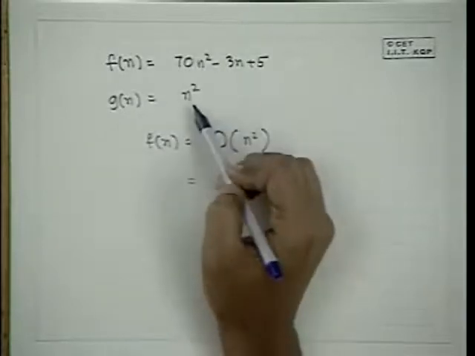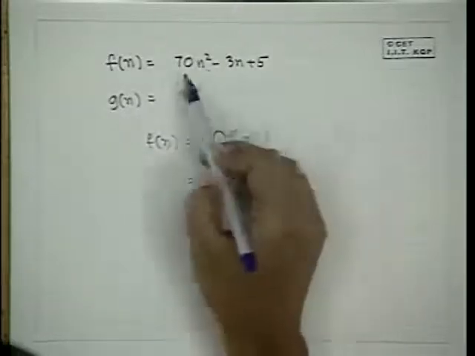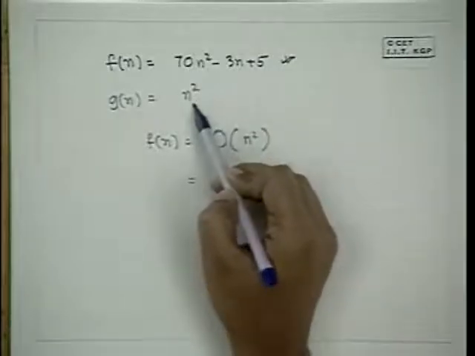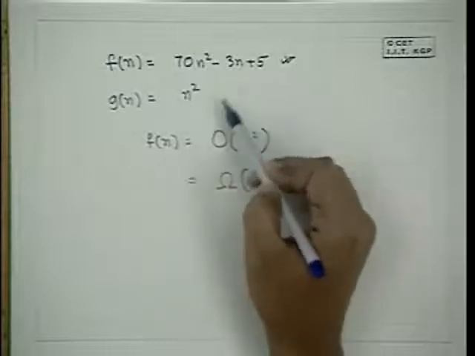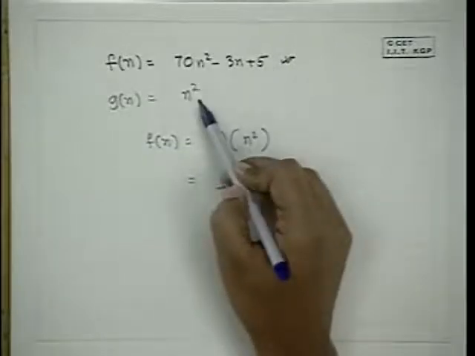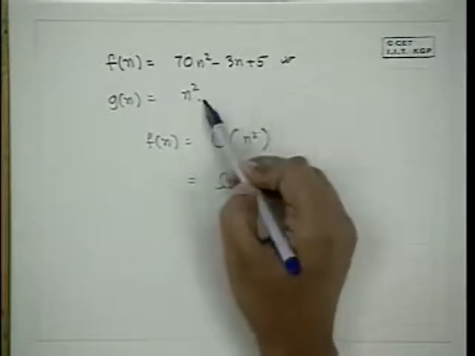They only differ by a constant, in the sense that if you could put this algorithm onto a faster machine, this may run faster than this. It is just the speed of the machine that may make the difference. Even for all n beyond a certain range, this will run faster on a faster machine, and on a slower machine, this will. On equal machines, maybe this will run faster.